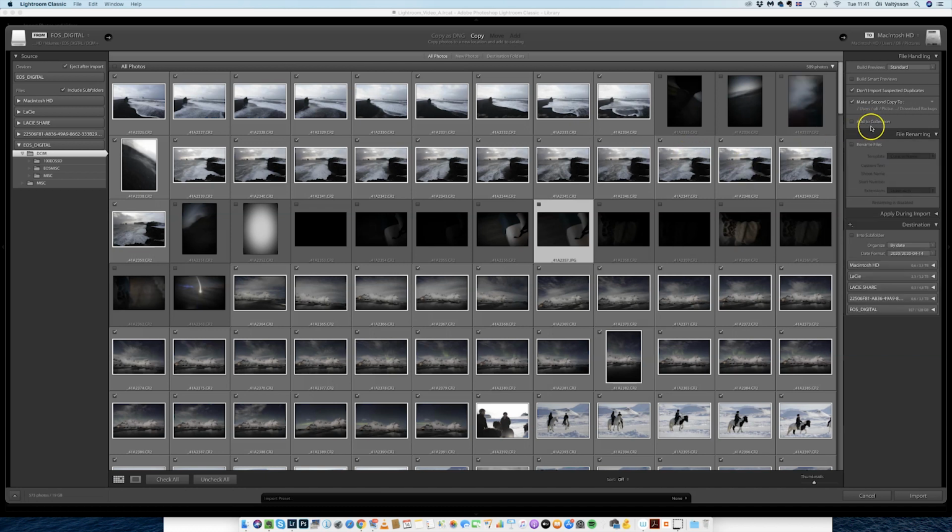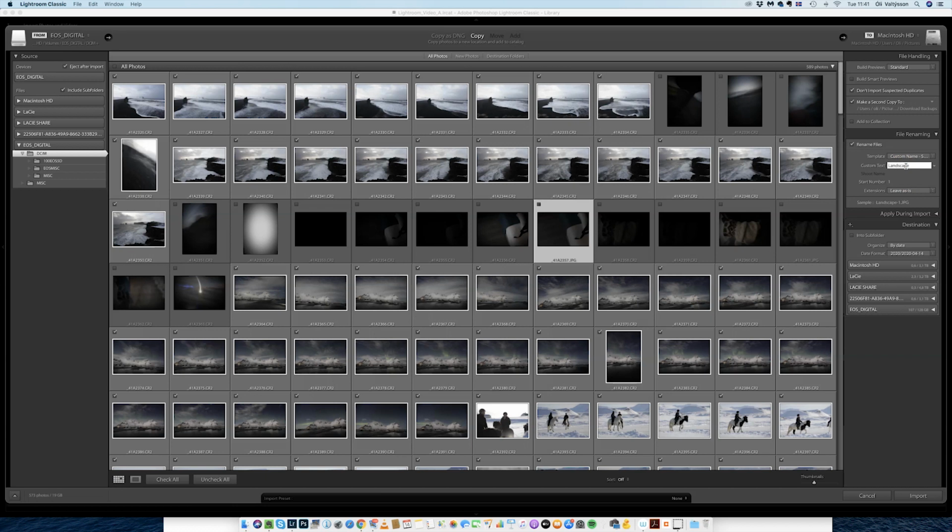for now. File renaming. If you want to give the files which you're importing a new name, something more meaningful than the sequence name from your camera, which doesn't give any idea of what you're shooting, I can check that. And this is pretty self-explanatory. What I very often use here is custom name and sequence. Then I just have a custom name, like